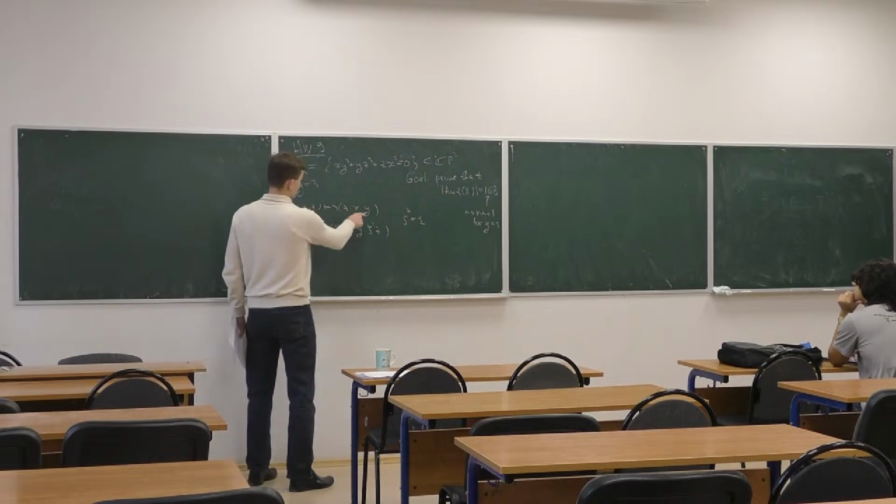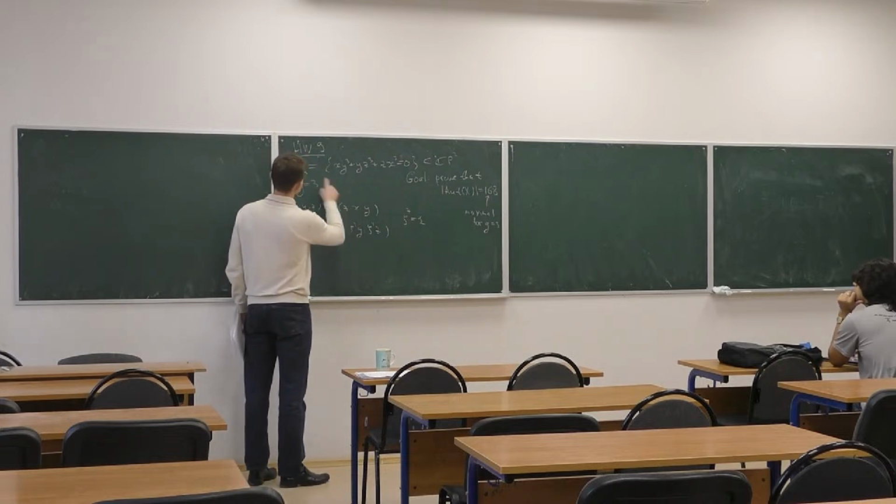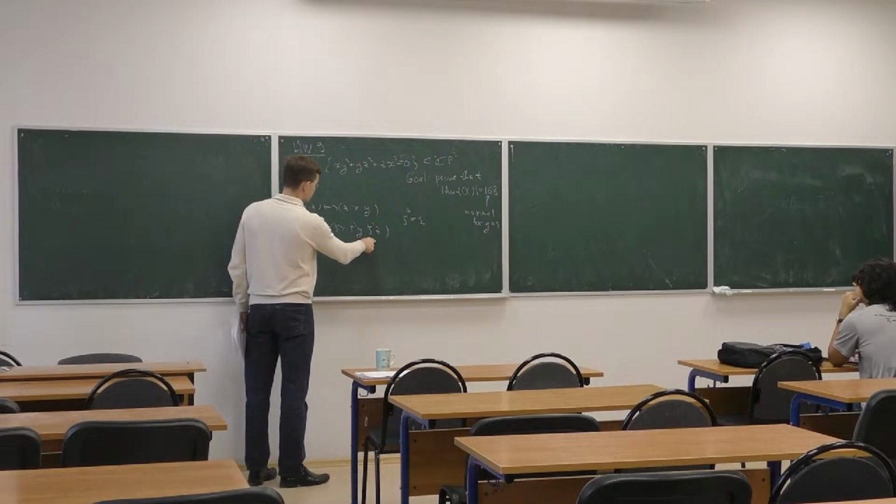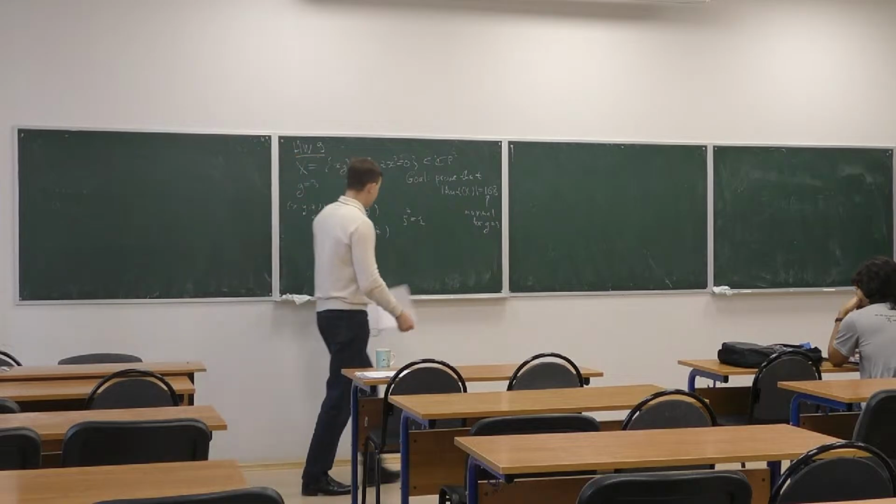So there is an obvious automorphism of X. There is maybe not immediately obvious, but simple. But there is also